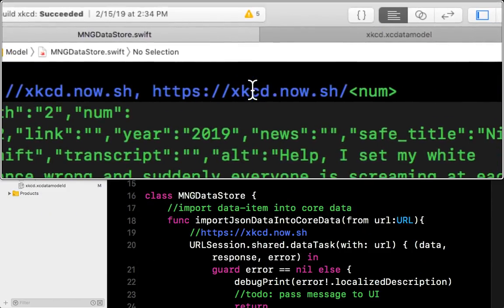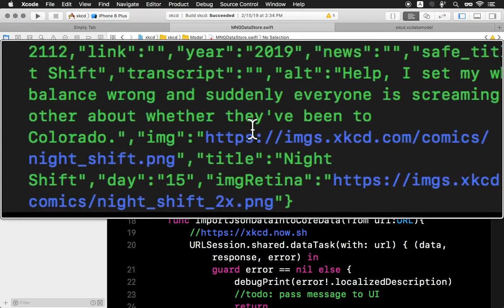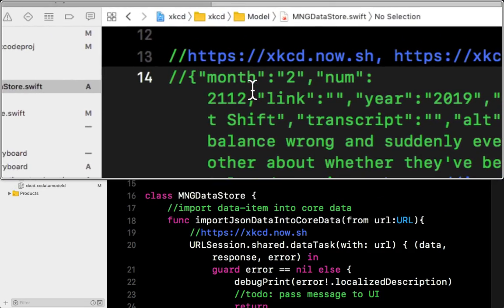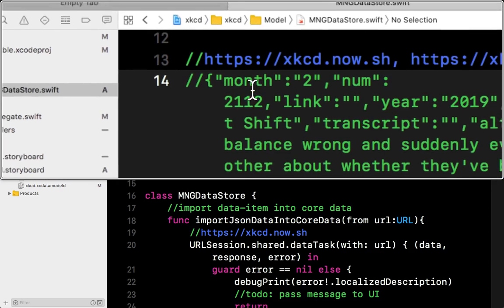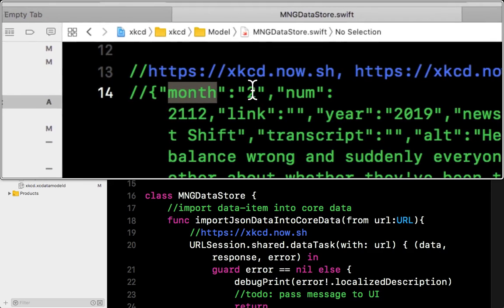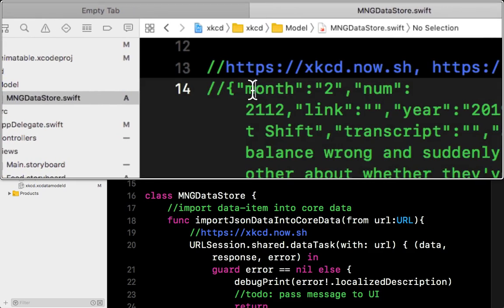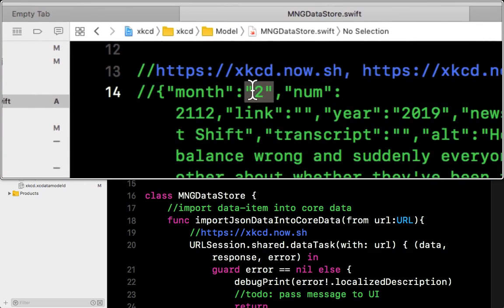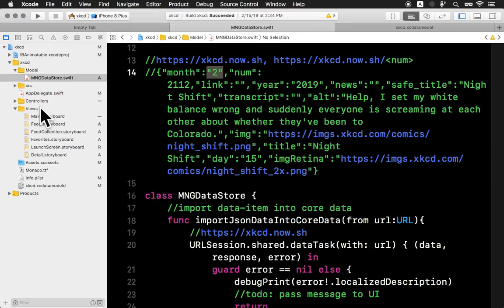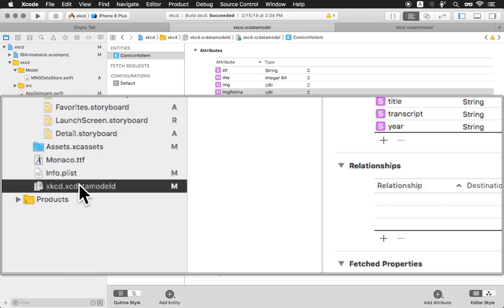and I picked up a JSON file just to get the structure of the data, so I could see, okay, JSON is just a set of keys and values. In this case, it's an object that has a key of month and a value of 2, and so on, keys and values. So those keys and values, the way I map them is I went into my model